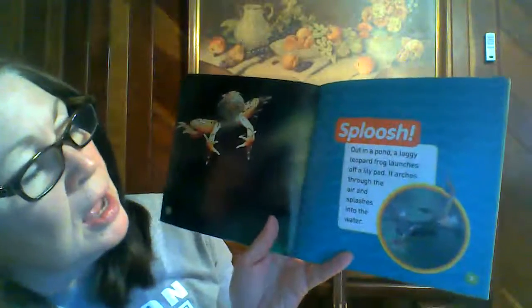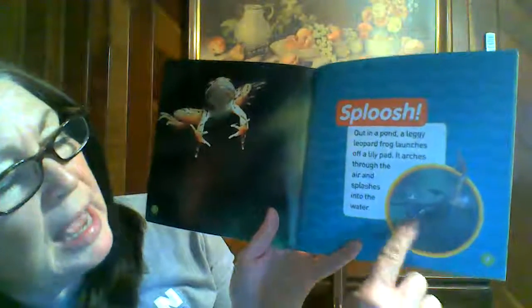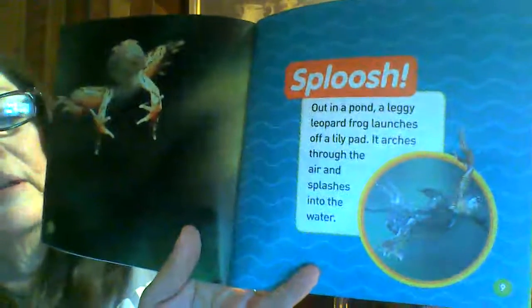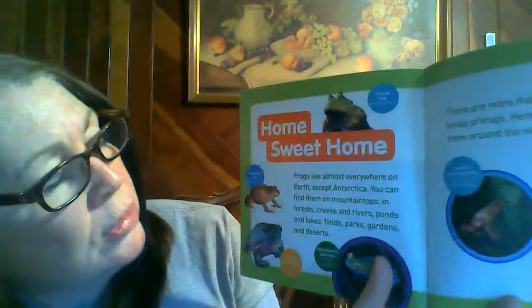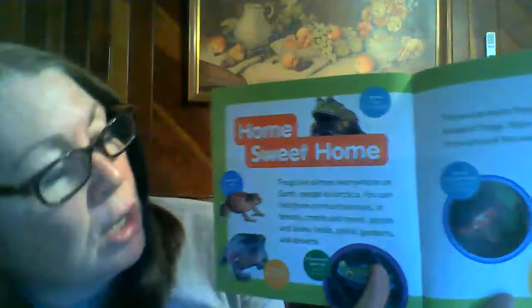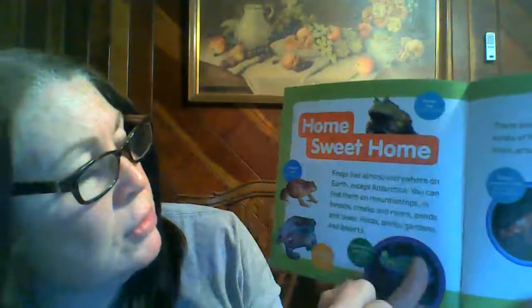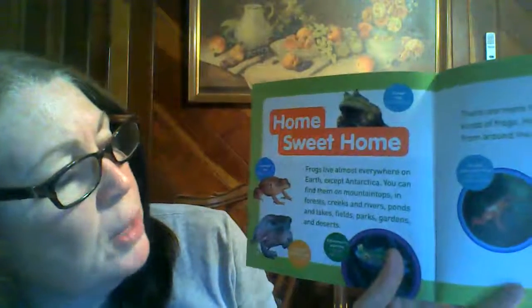Look at that frog jumping. Sploosh! Out in a pond, a leggy leopard frog launches off a lily pad. It arches through the air and splashes into the water. Look at that frog splashing into the water. Home sweet home. Frogs live almost everywhere on Earth except Antarctica. We learned about Antarctica this year, and not many things can live there. It's so cold. You can find them on mountaintops, in forests, creeks and rivers, ponds and lakes, fields, parks, gardens,